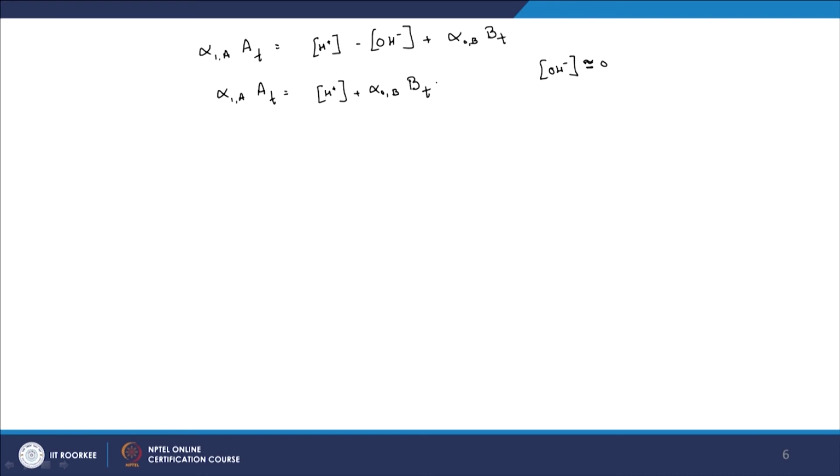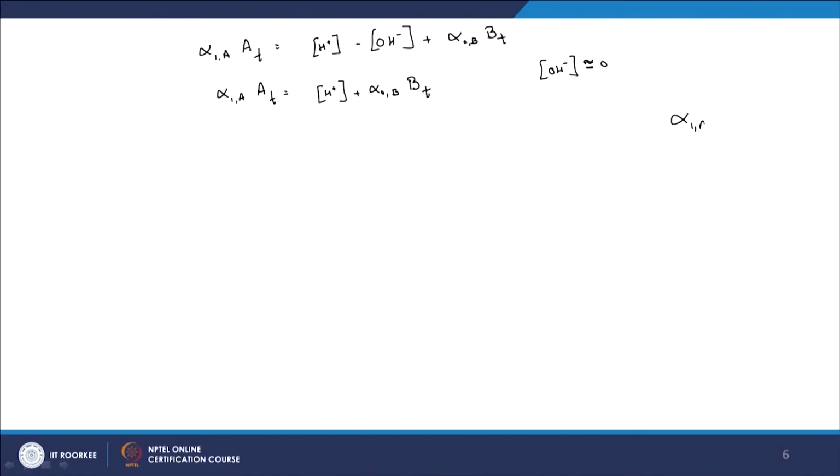So let us try to simplify this further now. We know that we are going to use a strong acid. What does that mean? At almost all practical ranges of pH, it is going to dissociate, that is, it is going to stay in its deprotonated form. So what does that tell you about alpha naught and alpha 1? If it stays in its deprotonated form, alpha naught is more or less going to be equal to 0, or nearer to 0, and alpha 1 is going to be 1.